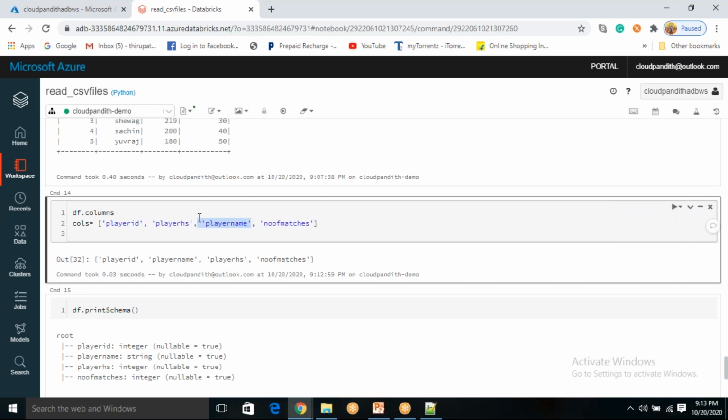For example, player name you want at the beginning. So what you need to do, you just select, and you can arrange.